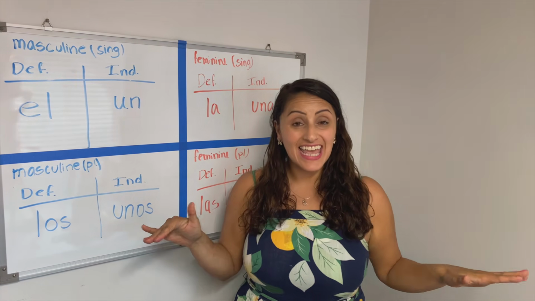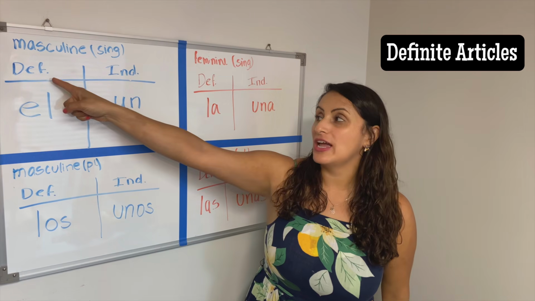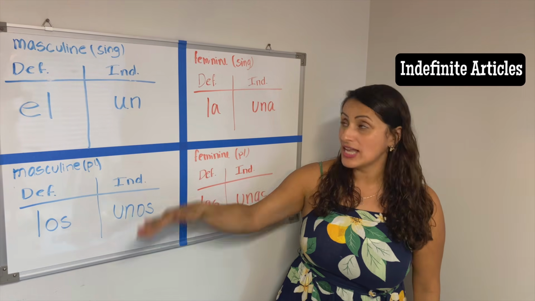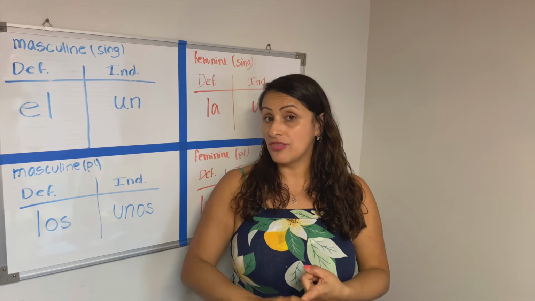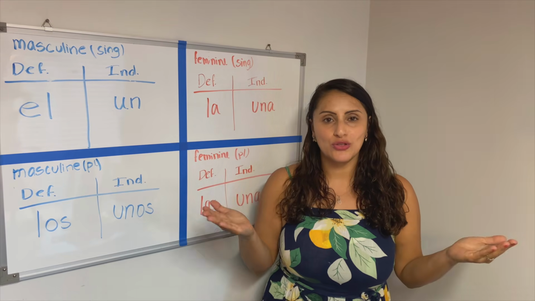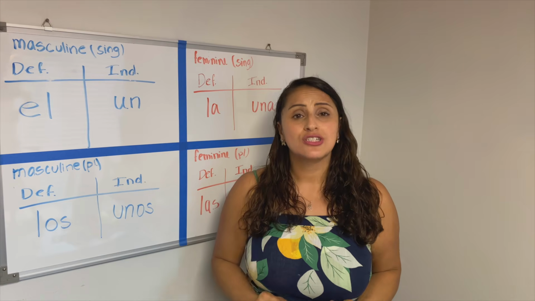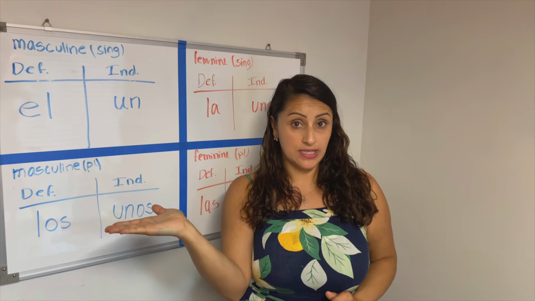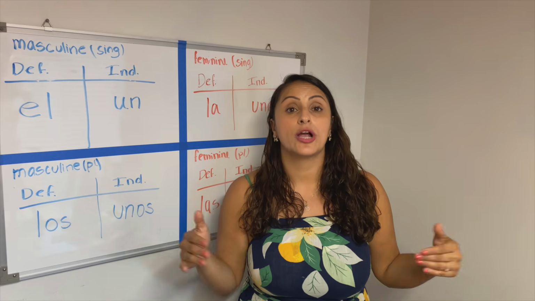All right, you guys, that's it for today. We learned the gender of nouns and how to make them plural. We learned how to use definite articles and indefinite articles based on gender and number. So now you know how to say things such as the student, some students, the bike, some bikes. I know you don't have a full sentence with that yet, but don't worry, that's coming. For right now, just focus on mastering when to use definite versus indefinite, when to use singular versus plural, and when to use them in the specific occasion that you are meaning to use them.